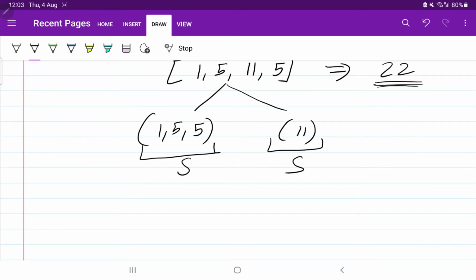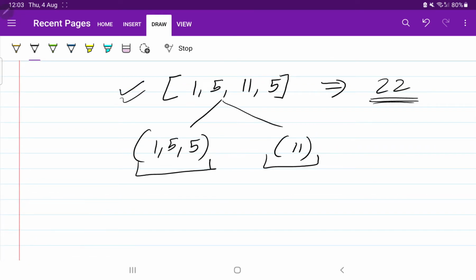So ultimately you have to check whether this array contains a subset whose sum is sum of array by 2, that is 11.